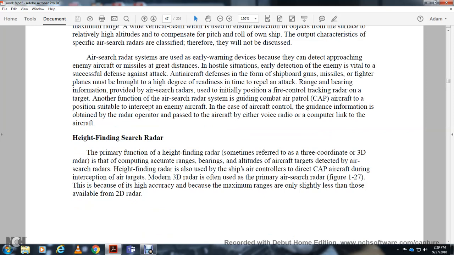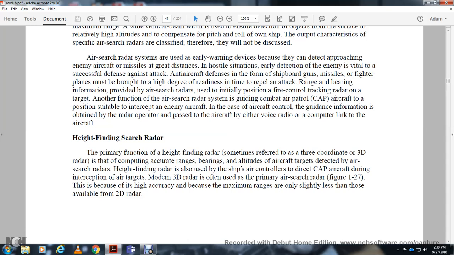Alright, height finding search radar. The primary function of the height finding radar, sometimes referred to as 3D radar, is computing accurate range, bearing, and altitude of the aircraft. The target is detected by air search radar, but the height finding radar is used for the ship's air control, sometimes called the combat air patrol of the aircraft during the interception of the air target with